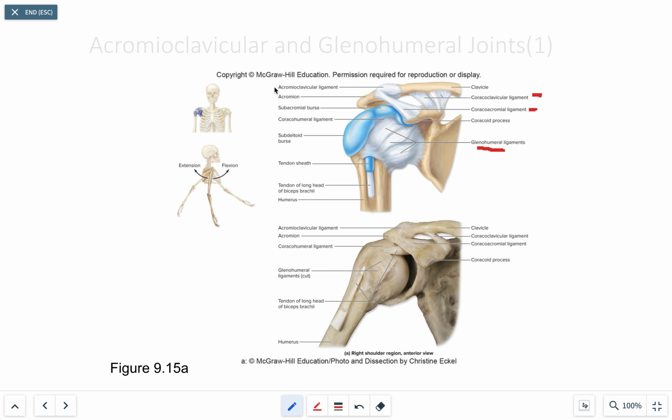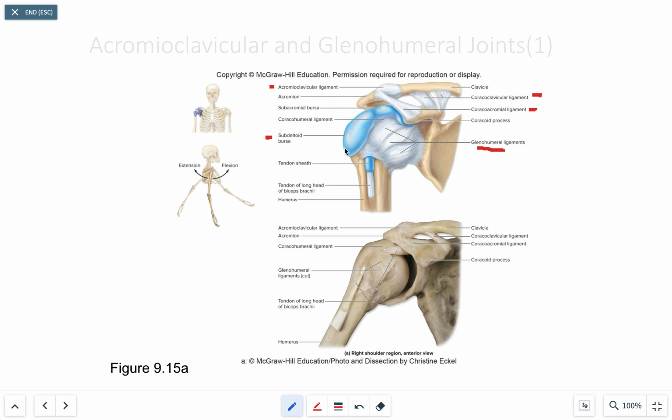The other one that we're looking at is the acromioclavicular ligament. It's going to attach the acromion of the scapula to the head of the clavicle. And again, we can see the structural makeup of the shoulder joint, very similar to the knee. Since this is a ball and socket joint with a lot of movement, these